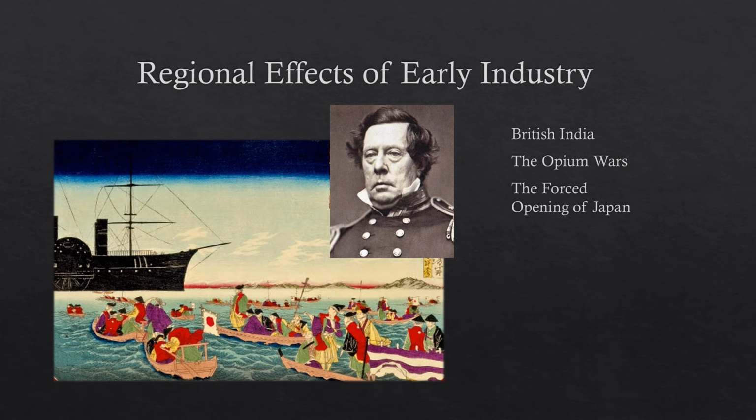Similar things were afoot in Japan. Japan had been even more restrictive to foreign trade than China had been. China at least allowed some of it, albeit in a very controlled manner. But Japan had more or less completely cut themselves off from all things international. They'd had some bad experiences early on with Portuguese Jesuits and Christian missionaries, and they decided way back in the early 1700s that they weren't going to be doing